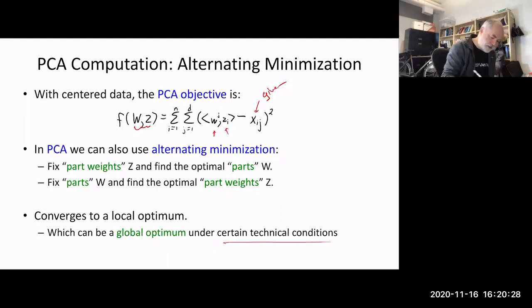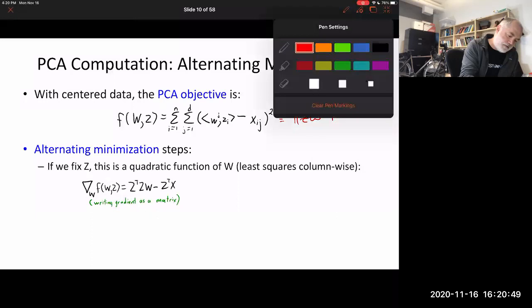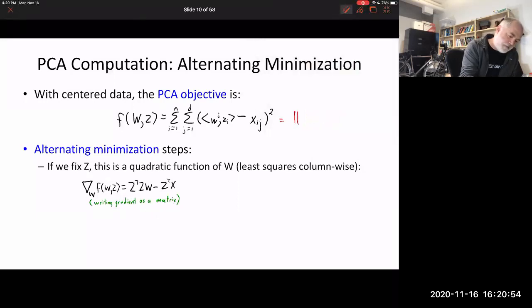So under certain technical conditions means go read the paper if you care, but okay. In order to see this, and we'll be a little bit fast about this as well. This objective corresponds to